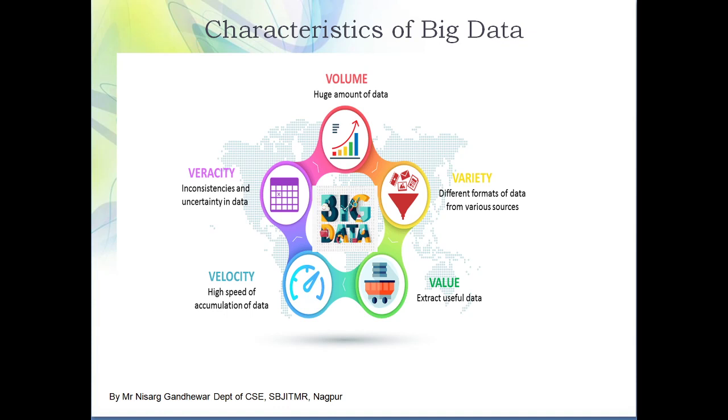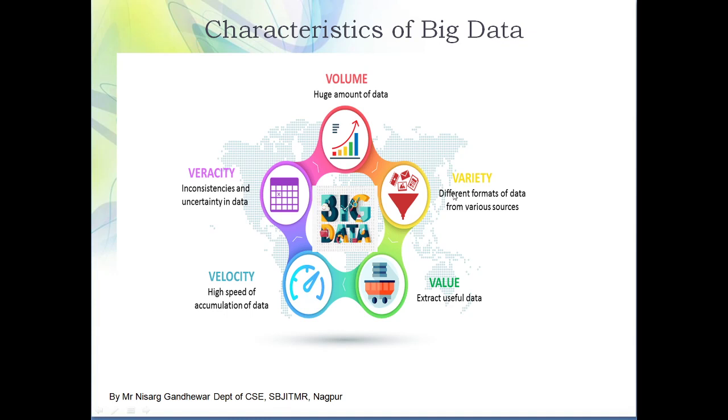So the very first is volume of data. The first V stands for volume. Volume is the amount of data, a huge amount of data. So one characteristic of big data is that it is huge, because we have seen the definition, it's a huge amount of data. Volume represents the amount of data that you have generated. In this small diagram you observe that data is generated at a huge speed. You can see that this graph is moving in an upward direction, which means every day a huge amount of data is being generated. So the first characteristic is volume.